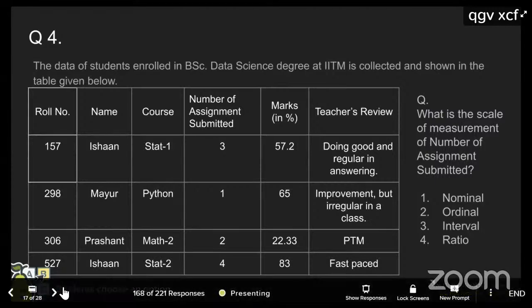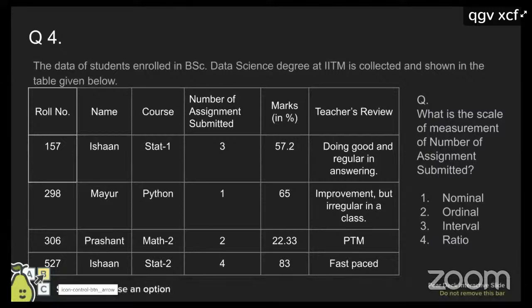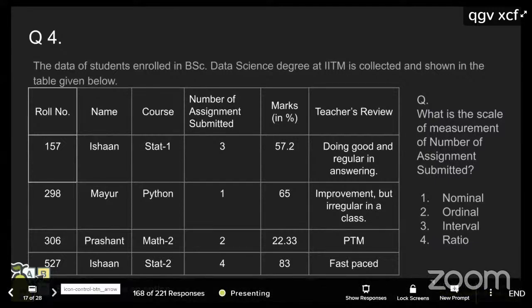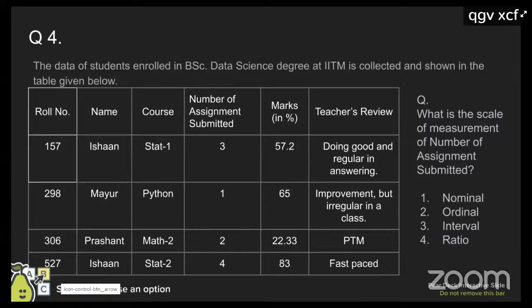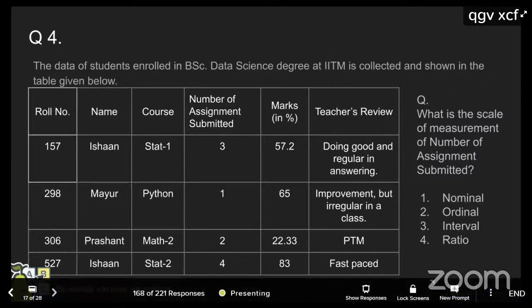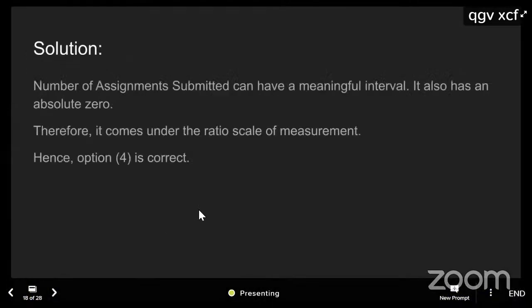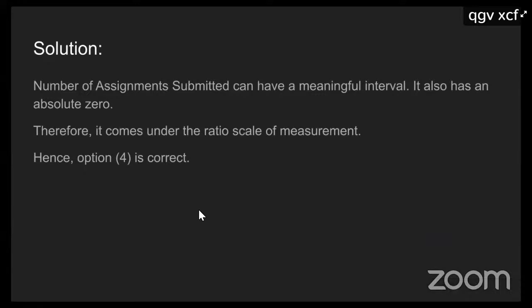So here the assignments can also be denoted as a rank. Yes, it can be denoted. It is ordinal also and ratio also, because we can order them and we can perform mathematical operations. You directly cannot say the ordinal scale will be applied. In a ratio scale, the properties of the interval scale are fulfilled. In a ratio scale you can order the things, add, subtract, multiply and divide, with a main property which is absolute zero.